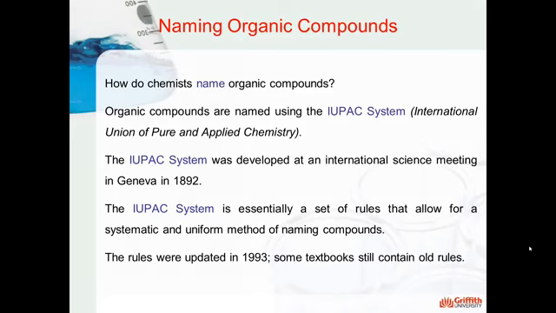In this video I'm going to go through some tips on naming organic compounds. The way that chemists name organic compounds is using the IUPAC system. This was developed in 1892. It gives a set of rules on how to name compounds, but the rules were last updated in 1993, and